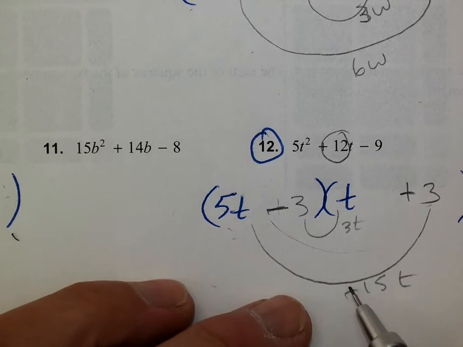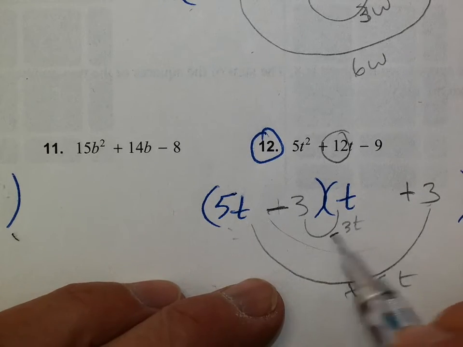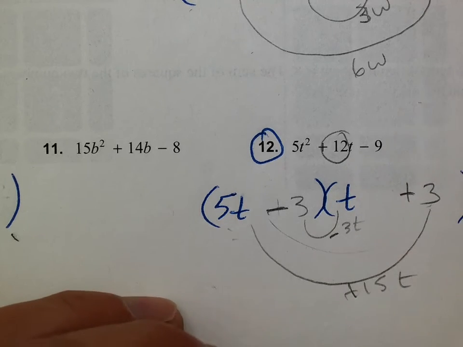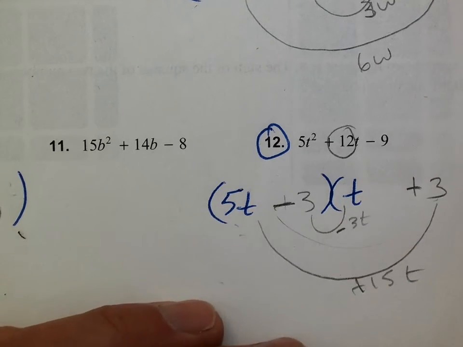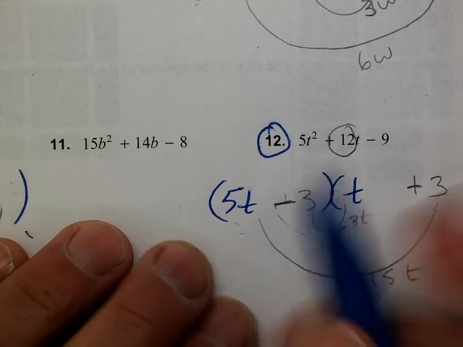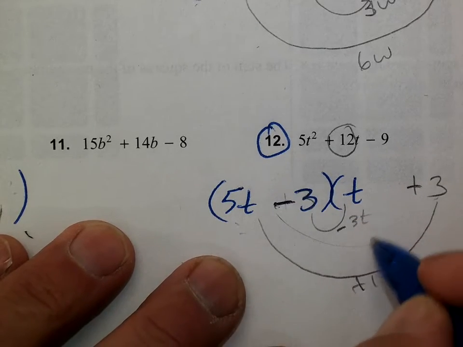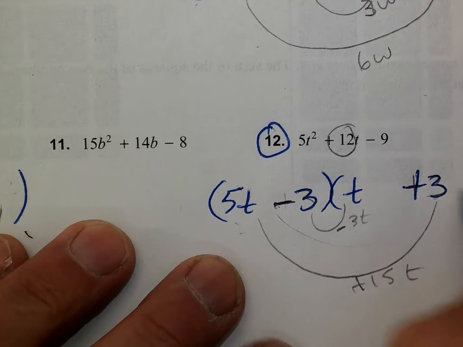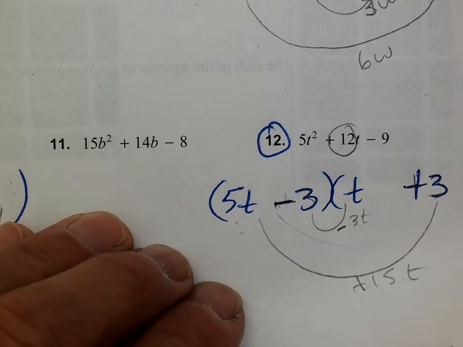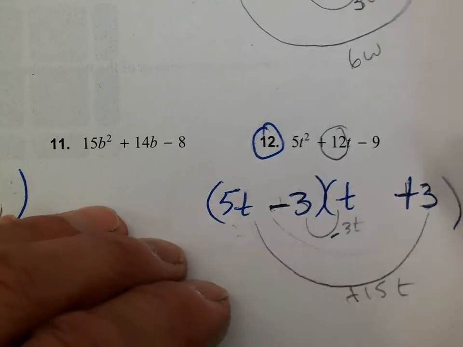Now I'll have a positive 15t and a negative 3t, which will make my positive 12t. So it's just a matter of checking your work and seeing if the double smiley works. So 5t minus 3 times t plus 3 will give us a middle term of 12t, okay? So far so good, okay? Turn the page, okay? Turn the page. Okay. Now,